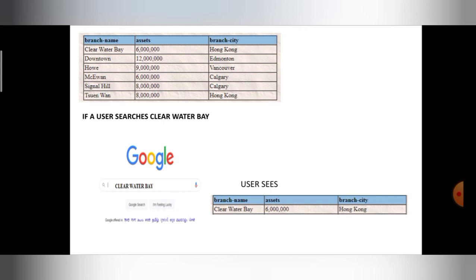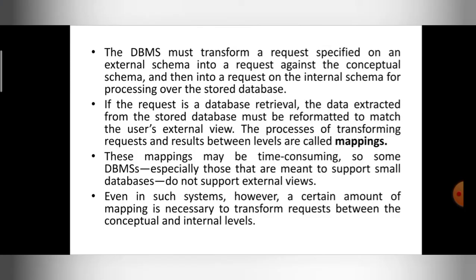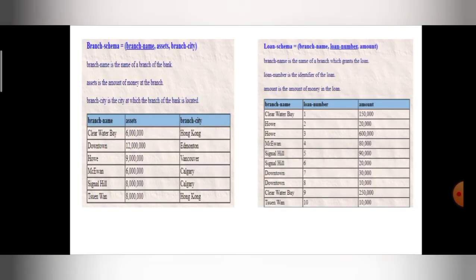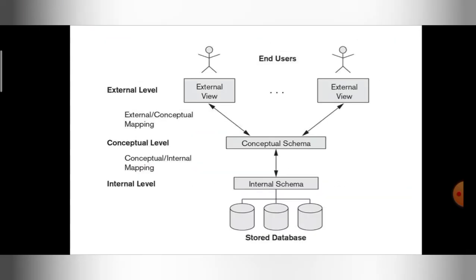And one more important thing, mapping has to be done from one schema to another schema. For example, we'll take the example of this diagram here. You can see the conceptual schema and internal schema should be mapped. External schema and conceptual schema should be mapped. You can ask a question, why? What is this mapping? Mapping means, whatever information is present in the internal schema will be in one format. The internal schema format should be changed to another format when it enters the conceptual schema.